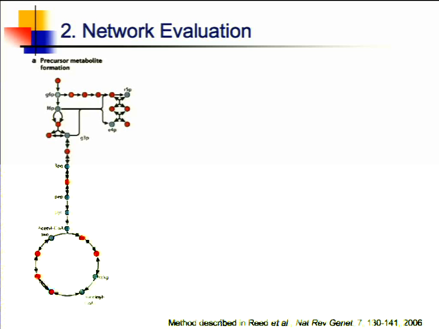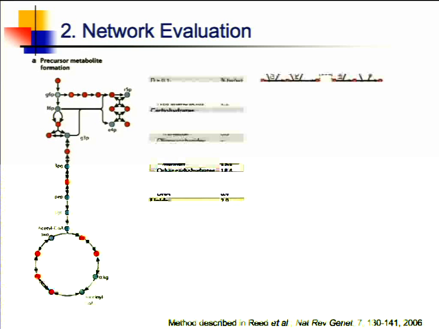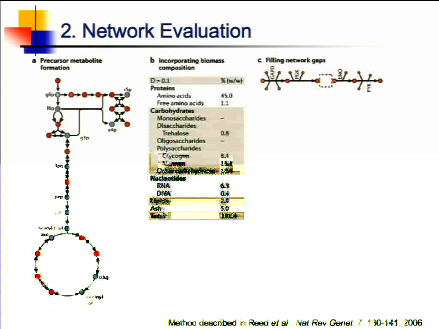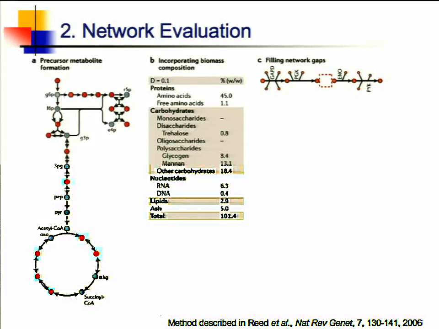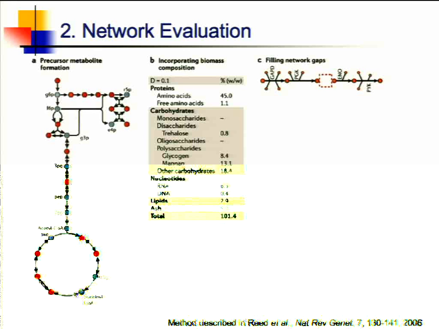We make sure that the precursors can be generated, so that certain important compounds exist in our model organism. And the second part, we looked at biomass generation to make sure that the cell can produce enough biomass to sustain growth. And we also look at the gap regions in the